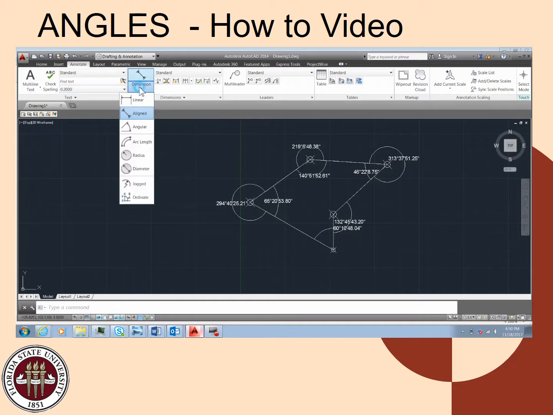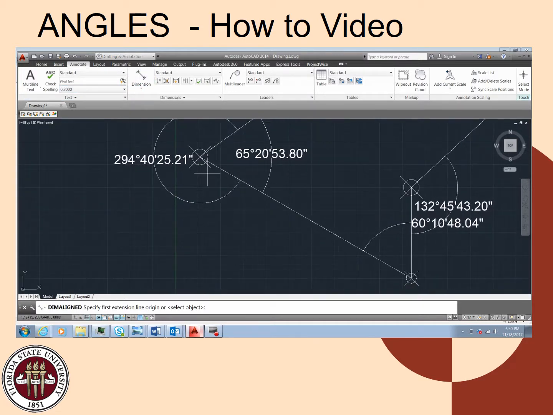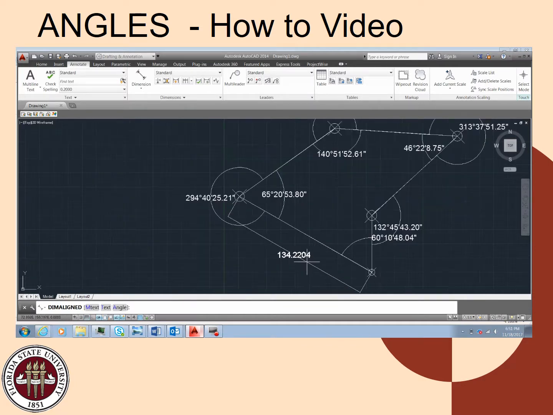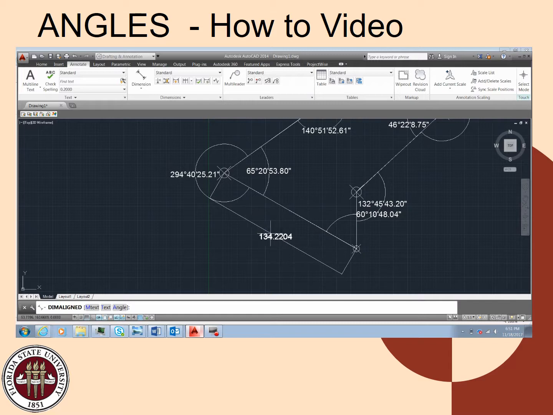That can be problematic though. So we have the tool that allows us to align a linear dimension. In this case, it's 134.2204. We have some issues with it because there are no units. Also, we have witness lines and leaders that confuse the situation